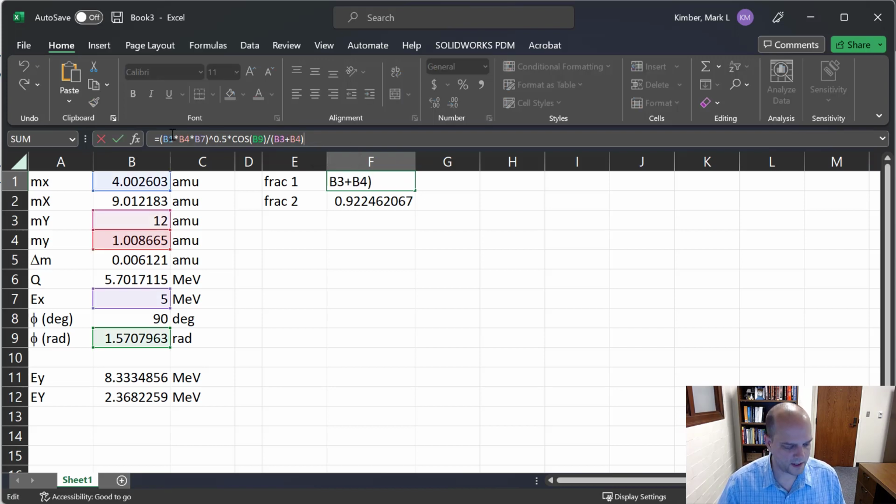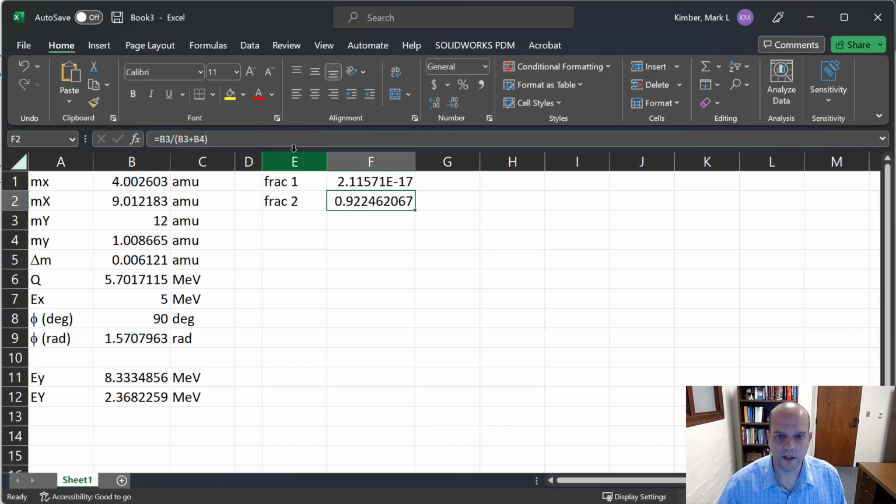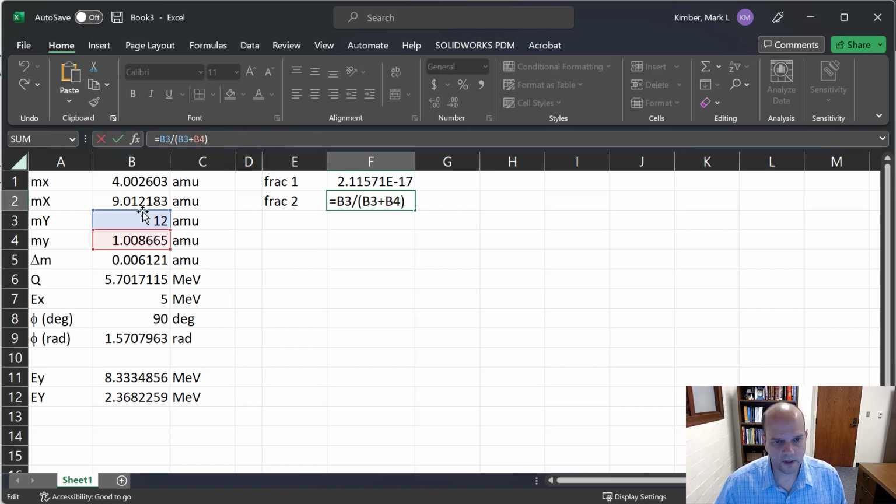So I've got mx, my, the ex, all square root, times the cosine of the angle phi, divided by the sum of my two masses on the product side. So there's that, and then fraction 2 is, if you come back here, this one here. That's just a ratio of my, go back here, so my ratio of the large mass of my product over the sum of my two masses. And so then